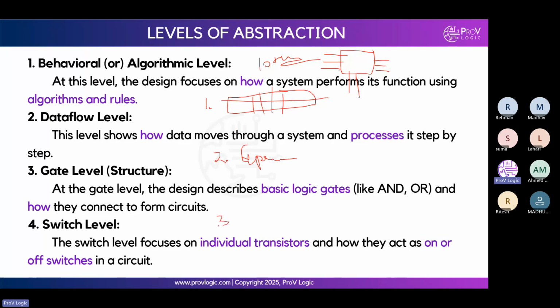What is step 3? From the output expression, we need to draw the gate level circuit diagram. Whatever diagram we draw in terms of gates, there will be some AND gates, NAND gates, NOR gates, or OR, XOR, XNOR. Using these gates, we draw a basic circuit diagram. That is the gate level netlist. From the gate level netlist, if you want to draw the CMOS level, that is what we call the transistor level,